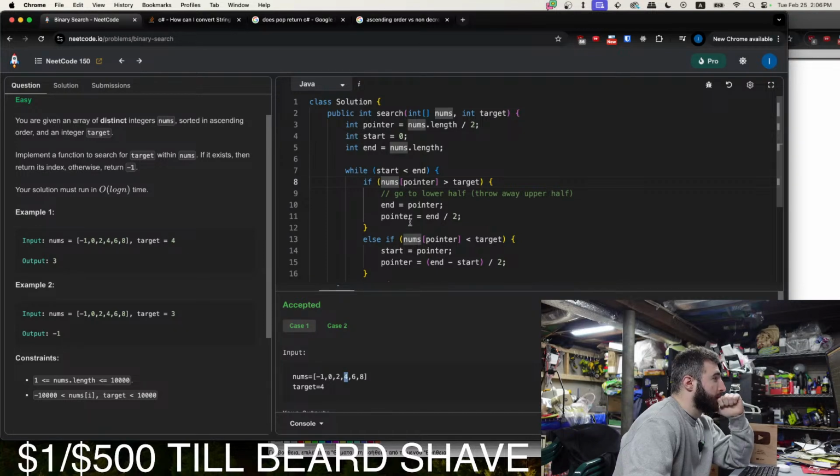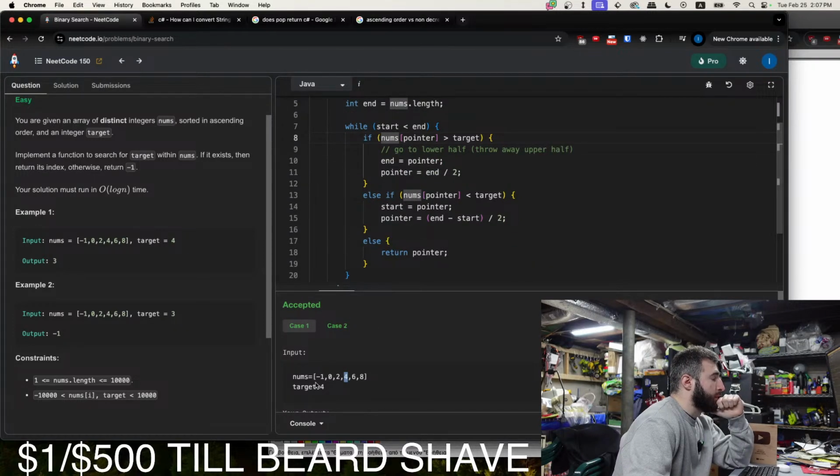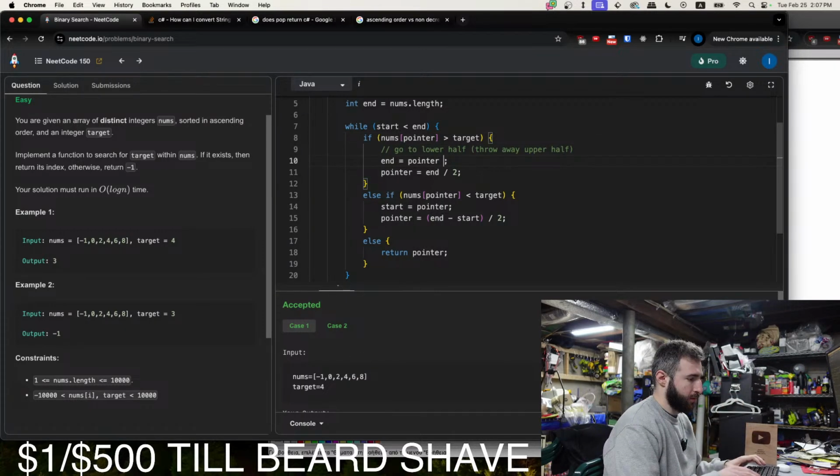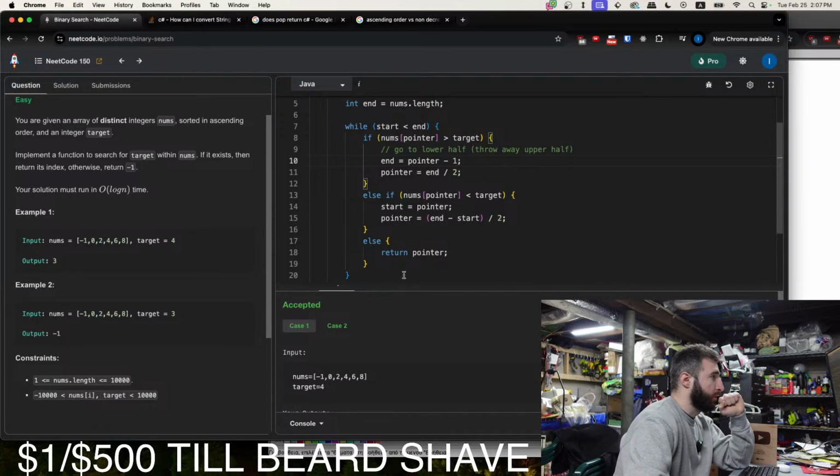All right. And let's say target is equal to 2. So if pointer is greater than target, which it is, the end of the book is the pointer. Maybe we should do pointer minus 1. Yeah, pointer minus 1, because we don't want to check the same element that we've already checked, because we know it's bigger and it's not equal to the target.